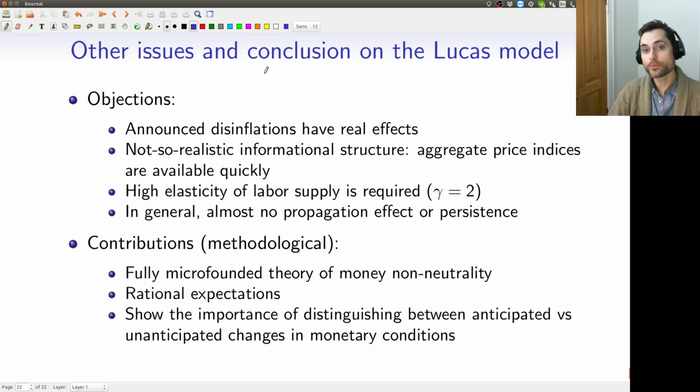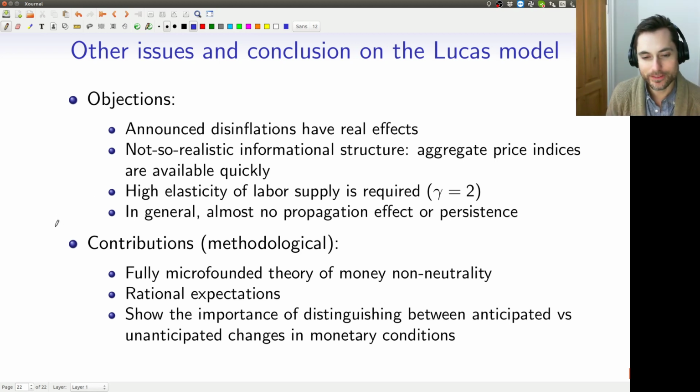Again, why was this model important? It's important because we're micro-founding it. We're saying it's due to information problems at a very low level. We're not assuming any sort of statistical relationship. We're assuming that firms are optimizing the best they can given their information. It's their information that's limited, et cetera, et cetera. So